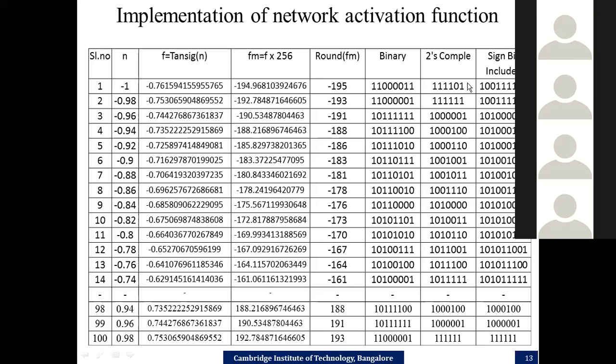Now, this network activation function is implemented on hardware using an LUT. So if the input coming from the cell body or the adder is, for example, 2, then its equivalent output would be 1 0 0 1 1 1 1 1 1. This entire thing is loaded onto an LUT or a memory element. It is used as a RAM, the input coming out from the adder is used as the memory address, and the corresponding output is read out from the LUT. This is the method adopted to implement the network activation function.